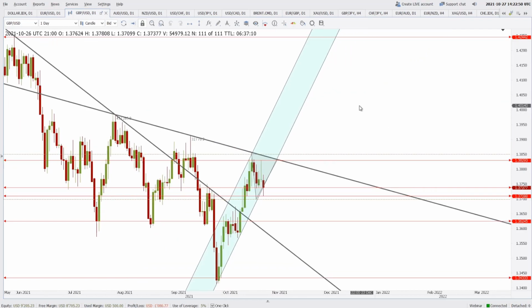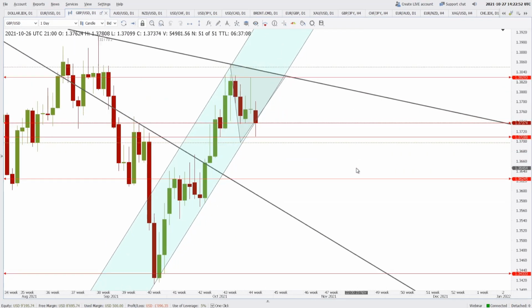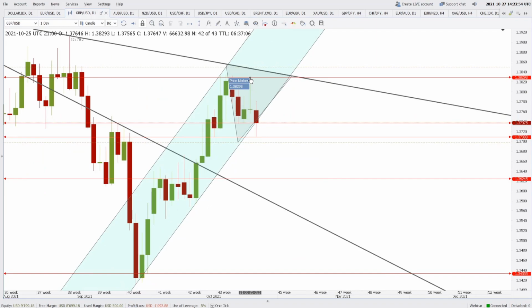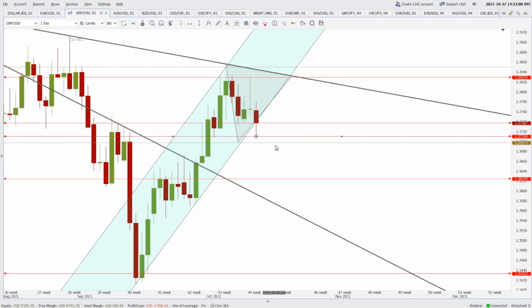Talking about the Great Britain pound, yesterday we saw a bearish pin bar. Actually, this is a gravestone doji. And today there was a follow up. The follow up continued till the support zone of 1.3708. I will actually make it to the low of today,